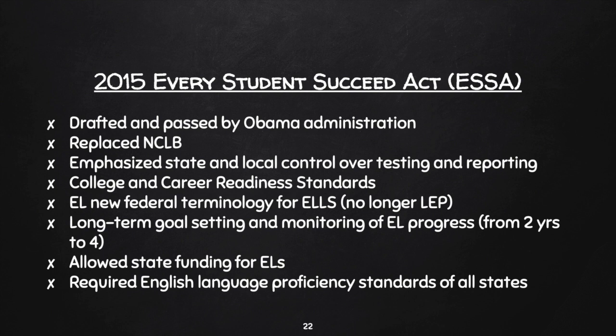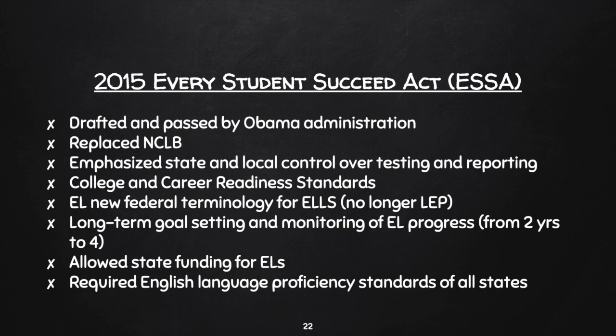There was also, within the Every Student Succeeds Act, new terminology distinguished for English language learners. So before the Every Student Succeeds Act, the federal terminology for English learners was limited English proficient student. In any federal policy, that's what you would see. What replaced this was English learners, because lawmakers felt that the term limited English proficient focused on what students were not able to do and put them in a negative light. So instead, the term English learner was replaced in all federal policy.